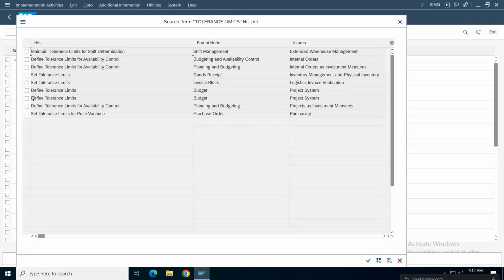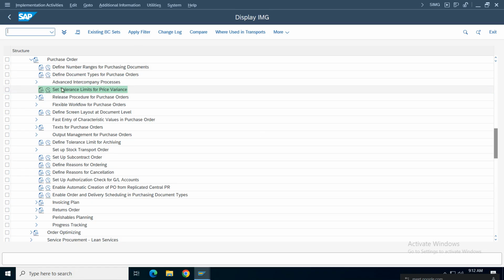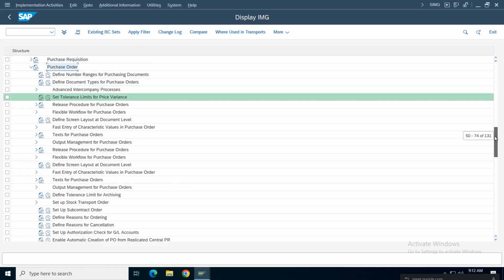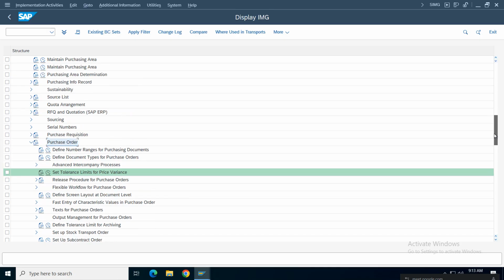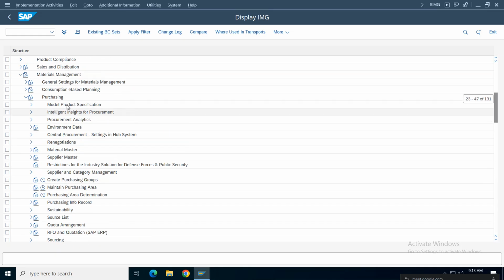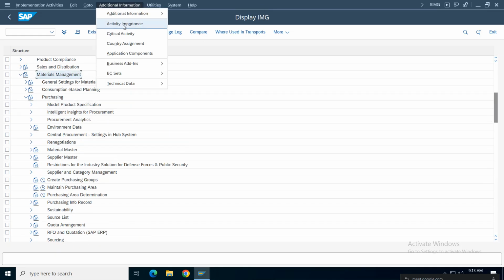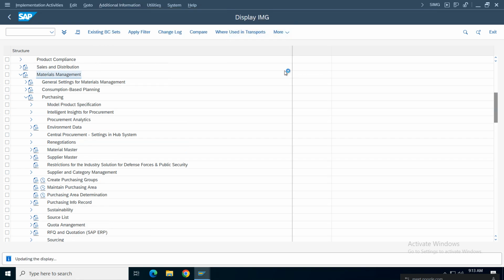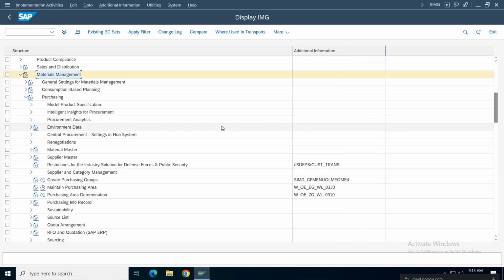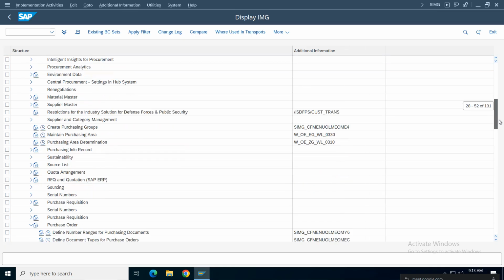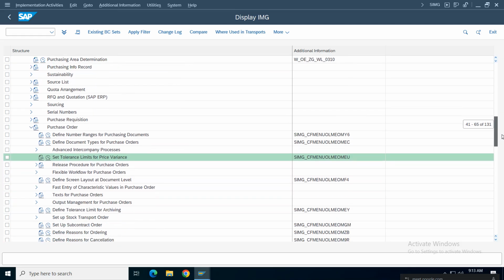Let us search for the tolerance limits for price variance. See here, sir, under purchase order, under purchasing, right? So what I'll do, I'll pick it here. How to find the transaction code, sir? This is coming under purchase order. Purchase order is coming under purchasing, under material management. Additional information, display key, IMG activity. Roll it here. So under material management, under purchasing, under purchase order, under that we have set tolerance limits for